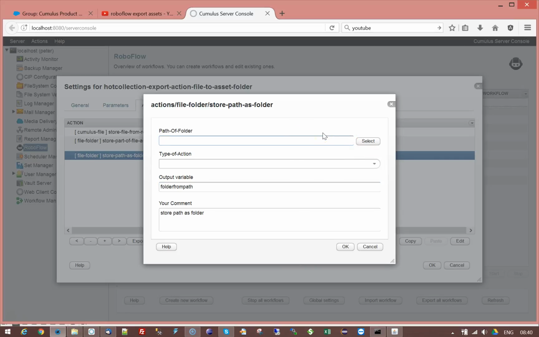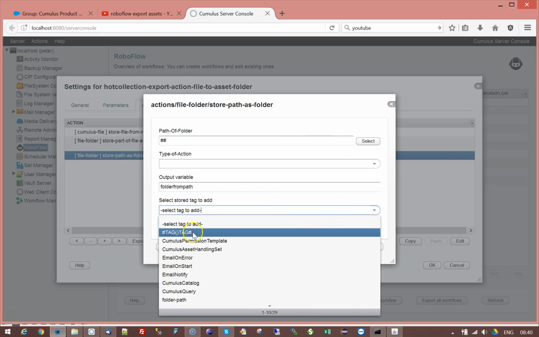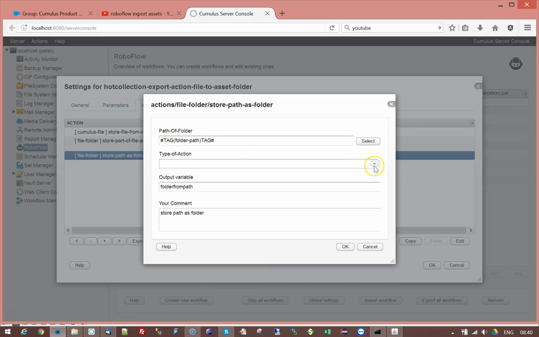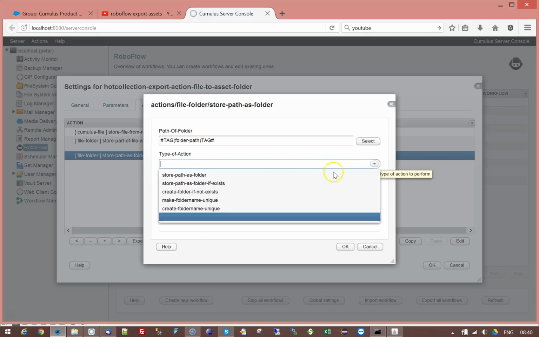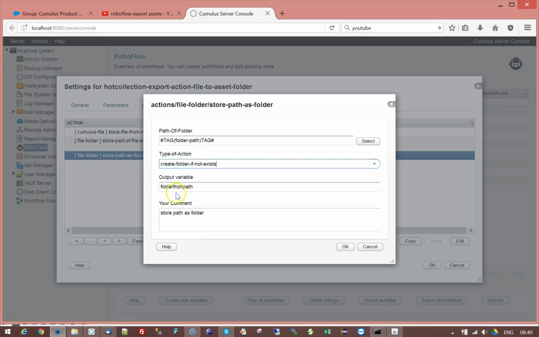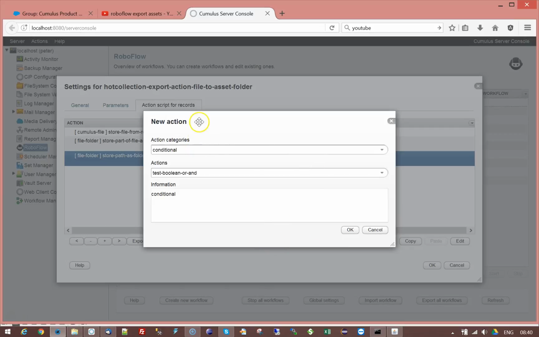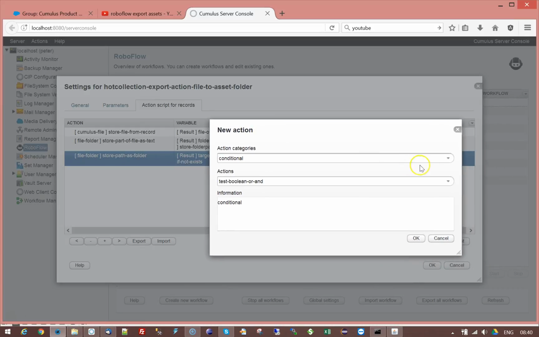Well, you can pick up results from another instruction, as you know, by using the tag instruction. So here we have the folder path. And which kind of action do I want to perform here? Well, I want to create if it doesn't exist. It's of course stupid, because it does exist. The file was there, but just in case. Now the final instruction is that I'm going to copy